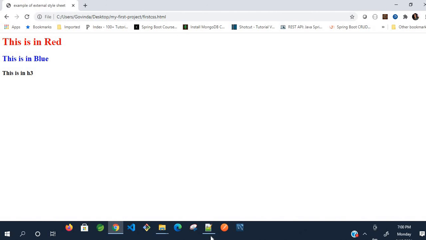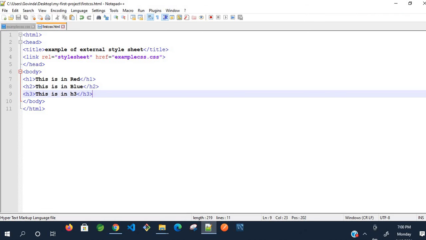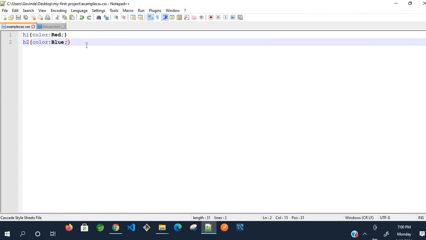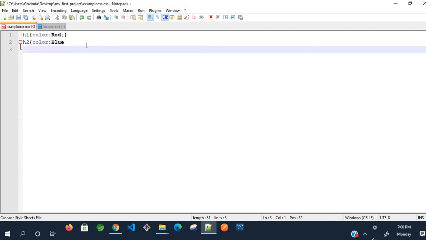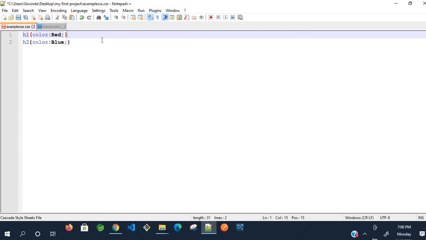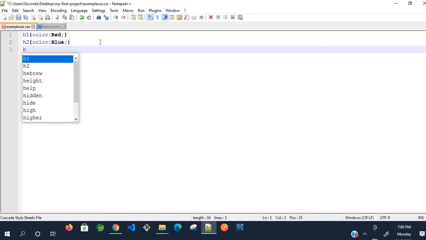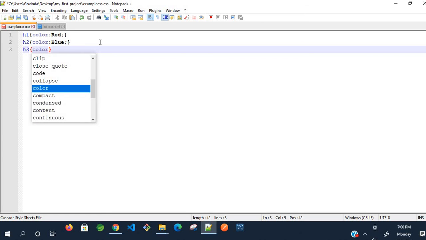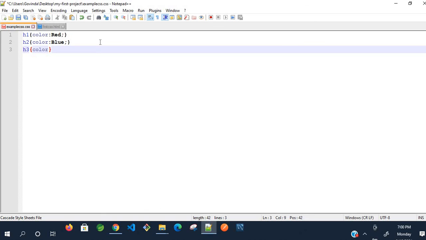Okay, if you want to give styling to H3 also, just include those tags or elements, whatever you want to give. Here you have to include H3, give any value, any property you want to give.